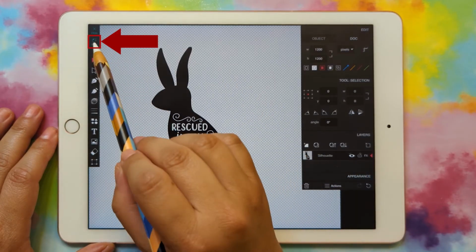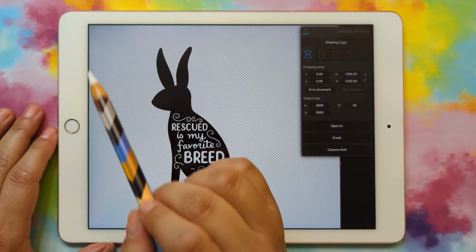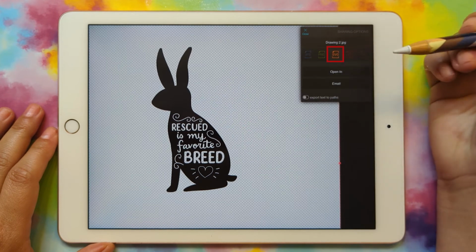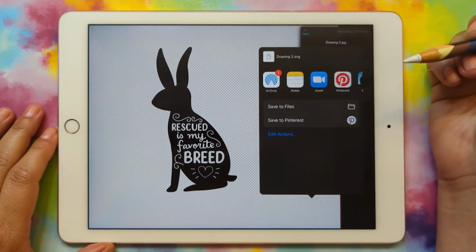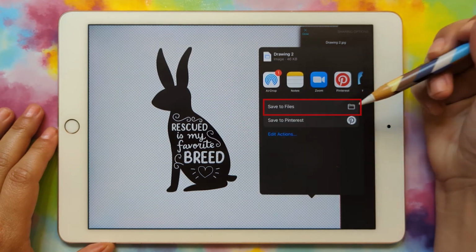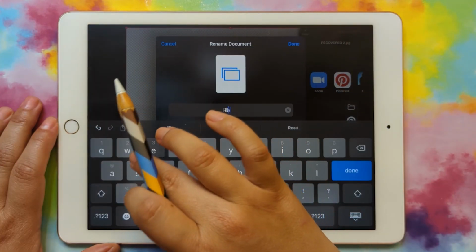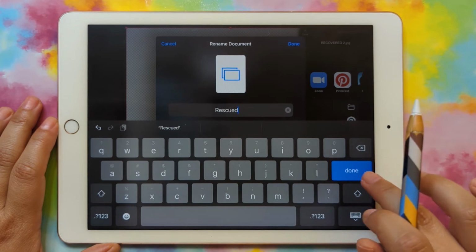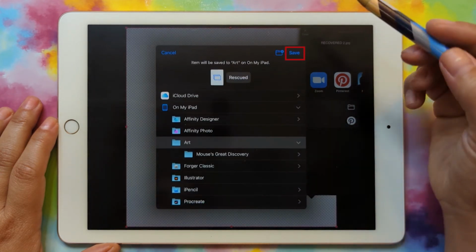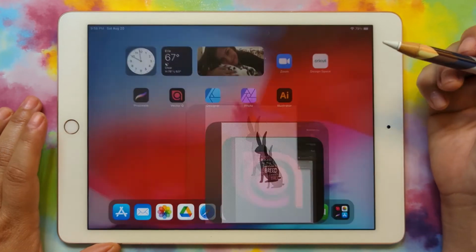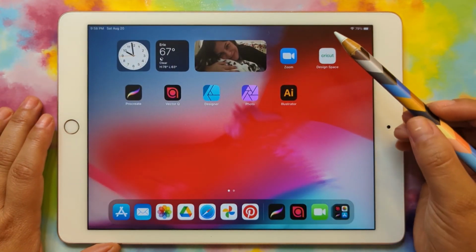So we're going to click on Share up here in the upper left corner. And we're going to click on SVG, Open in, Save to Files, give it a name, and click Save. And now we can go to Cricut Design Space,